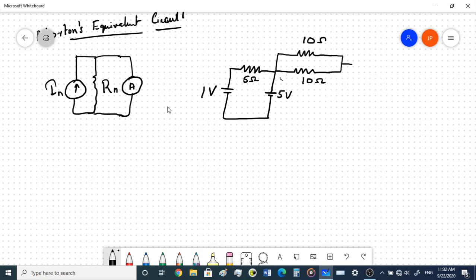Let's say this is another 10 ohms, and let's say we have a 1 ampere source, and let's go with another 5 ohm resistance and another voltage source